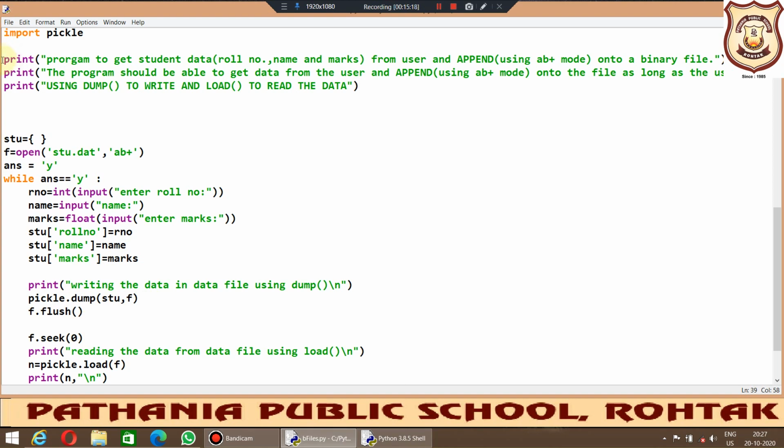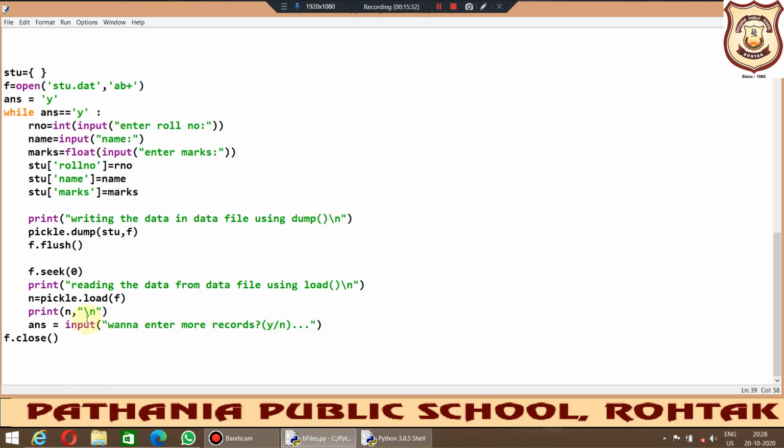Then we ask it to read the contents using this load function, and we use the print statement to print that content. So this is what we are trying to implement.